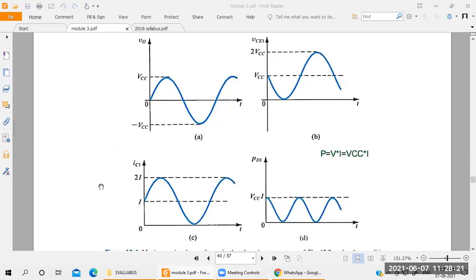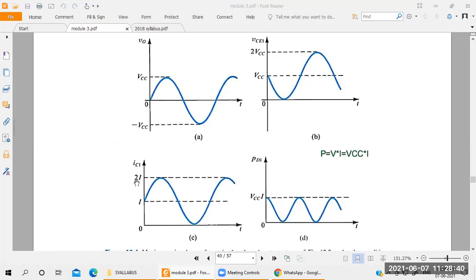Same thing, now you take the collector current for the first transistor. What is the first transistor? Q1 transistor. So the current is also almost positive here, because Q1 is maintaining saturation and linear condition. That's why we are getting positive current here.